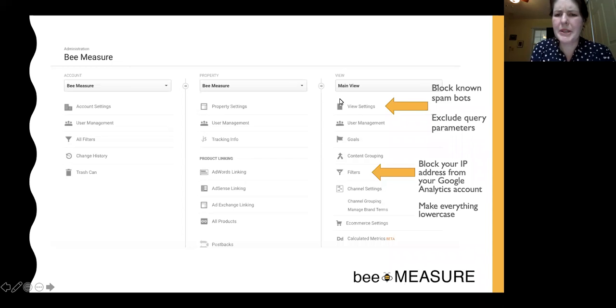There's a section in there called on-site search tracking. You turn it on, and then you need to pick out your query parameter for your searches. So just perform a search on your site. You'll see the URL will say something like question mark S equals webinar, if you searched for webinar. Or it might say search or query or something like that. So just grab that and put that into the field.